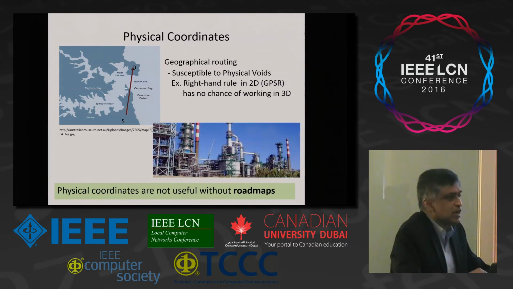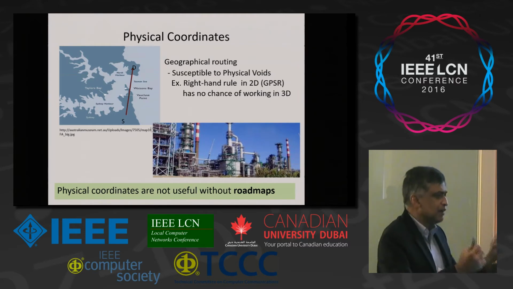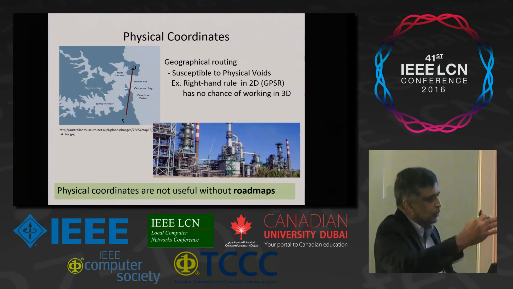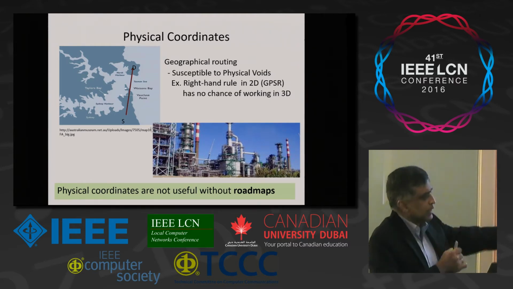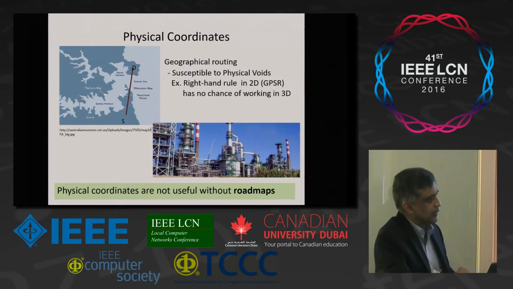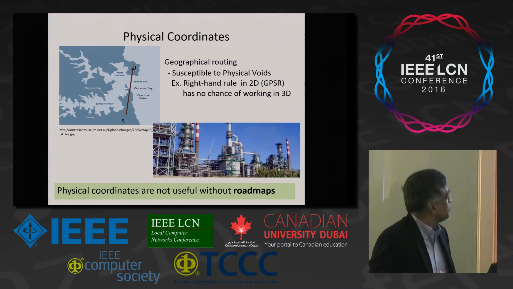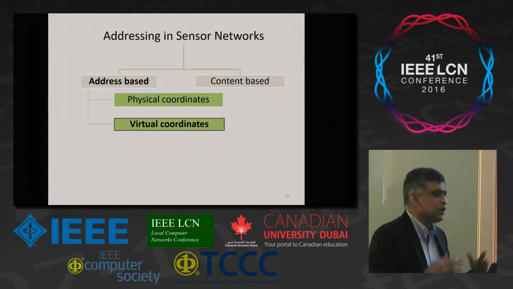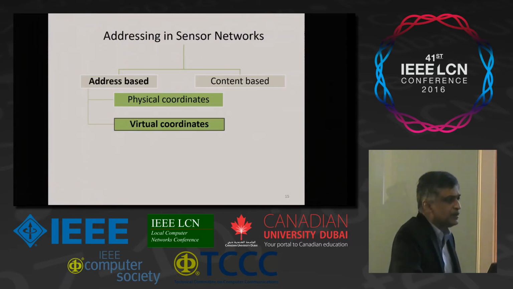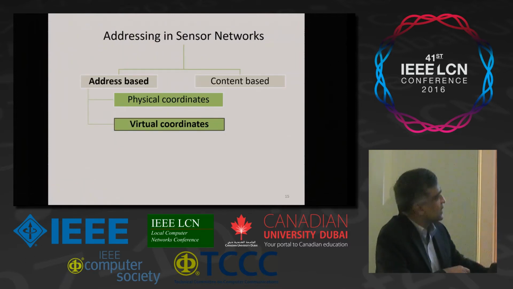We can give coordinates now because there are maps. Maps are available, therefore you don't have to give the street directions, go this way, turn here. You don't have to give that, you can give the coordinates because the map is there and you can route. So in the absence of maps, physical coordinates are useless. So, as I said, what is the alternative? We have to go to some kind of a virtual coordinate. Right? So this is what I'm going to introduce next.